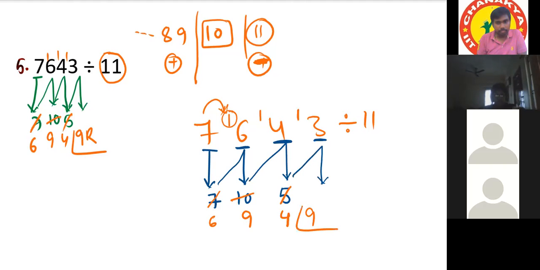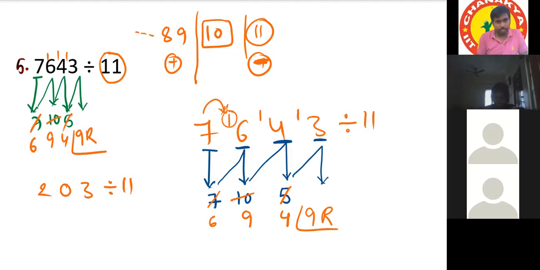Sir, I have a doubt. If we get a 0, what should we do? Anywhere, in subtracting with 0, same procedure. Suppose a number like 2, 0, 3